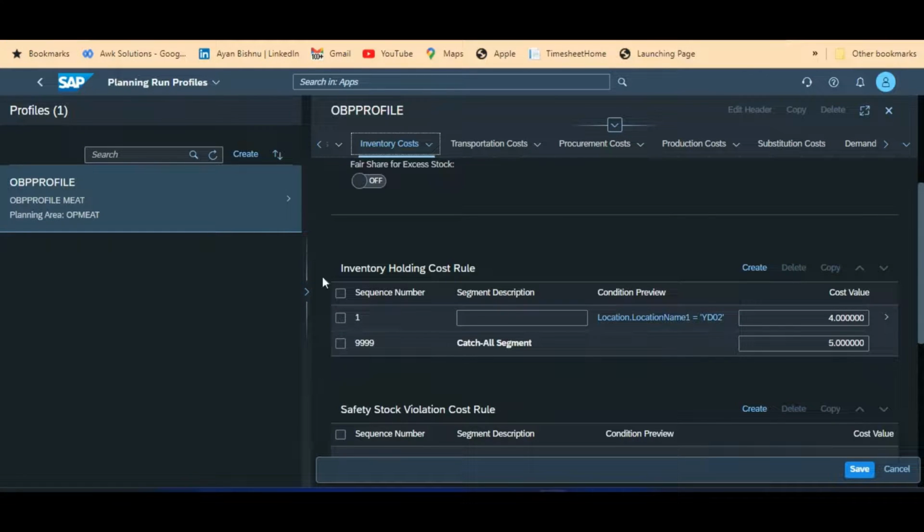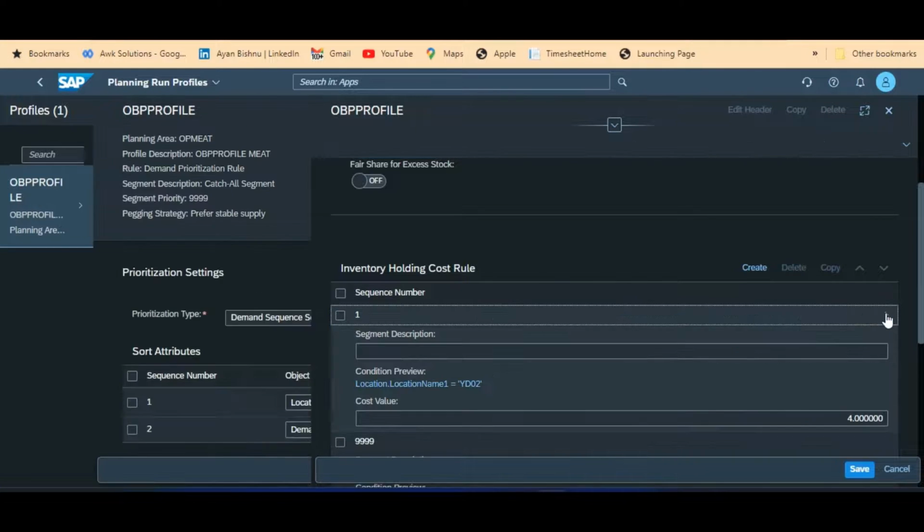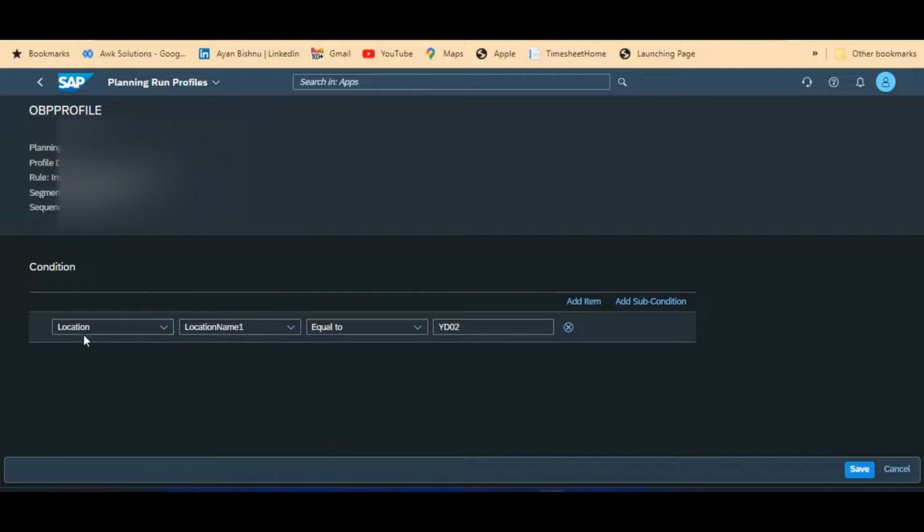By default, when we create these, two segments get created, the one and the catch-all segment. In each of the segments, I have given a different cost rate. Inside this segment, I have given certain conditions. The condition is that location is equal to YD2. Here I have options to give location, location product, and based on that I can create conditions, sub conditions, and sub rules as well.